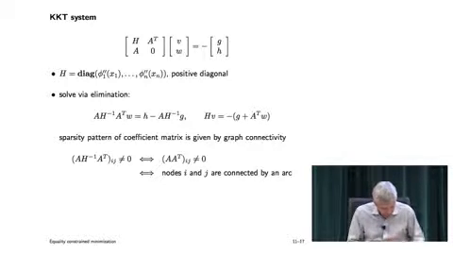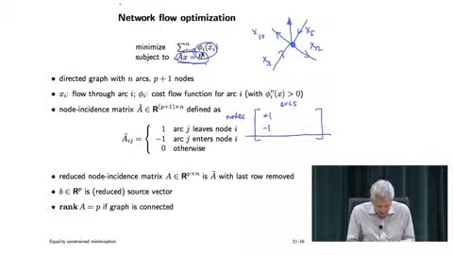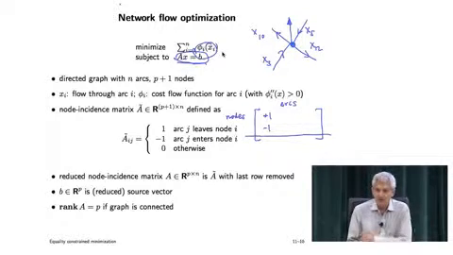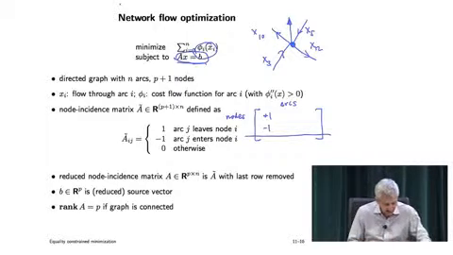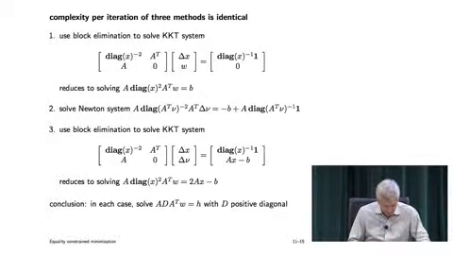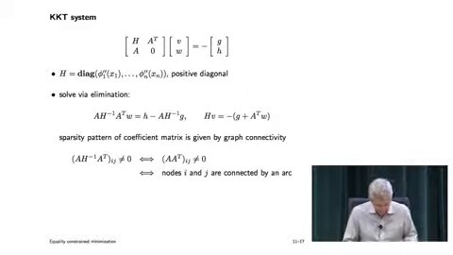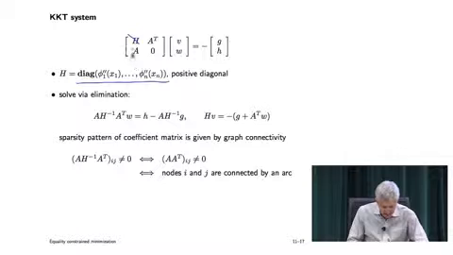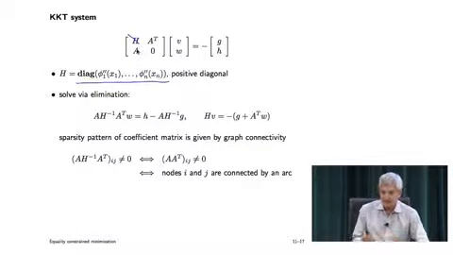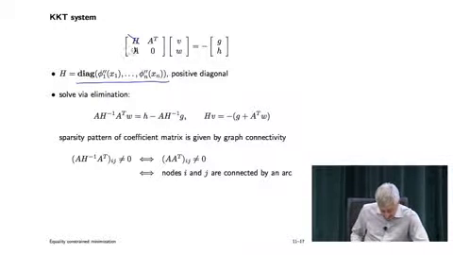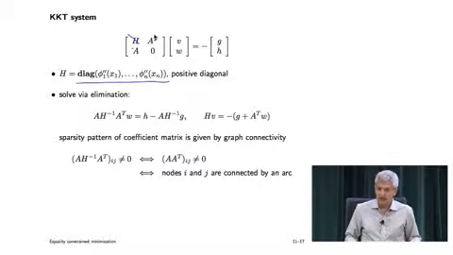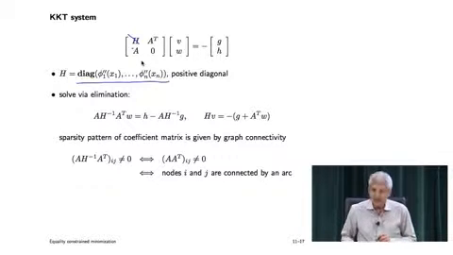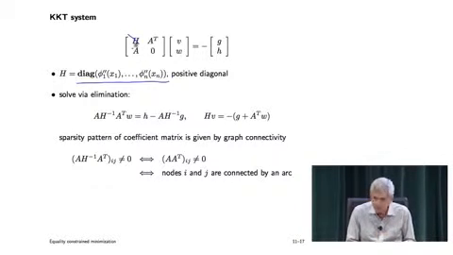Well, the KKT matrix looks like this. We minimize a sum of functions of the individual variables, but I know what the Hessian of such a thing looks like. The Hessian is the diagonal of the second derivatives. So the Hessian is here, it's diagonal, looks like that. Then I put A over here because I have Ax equals b as the constraint. My Newton KKT system involves A and A transpose here, like that, and I have to solve that equation. And you're staring at it. You see